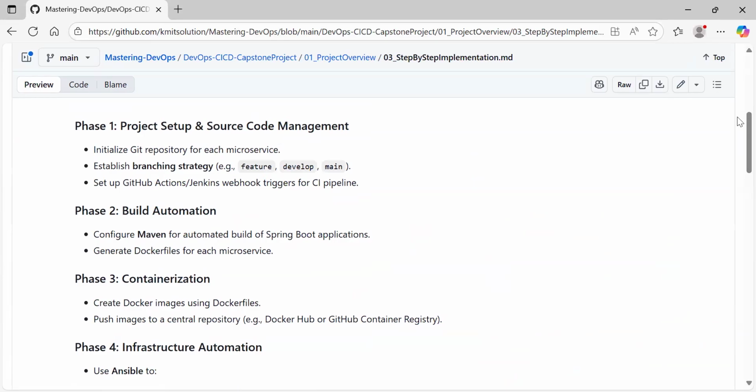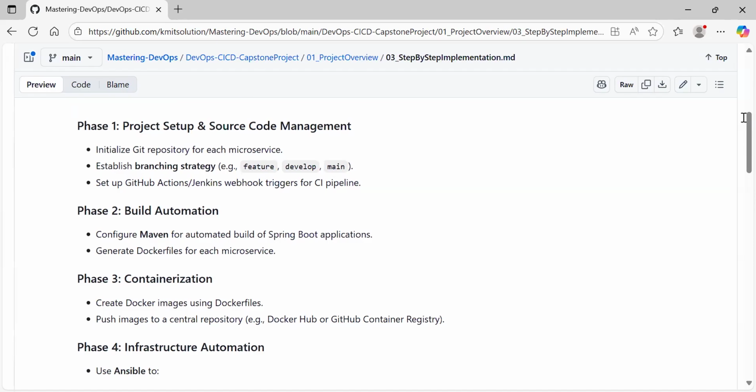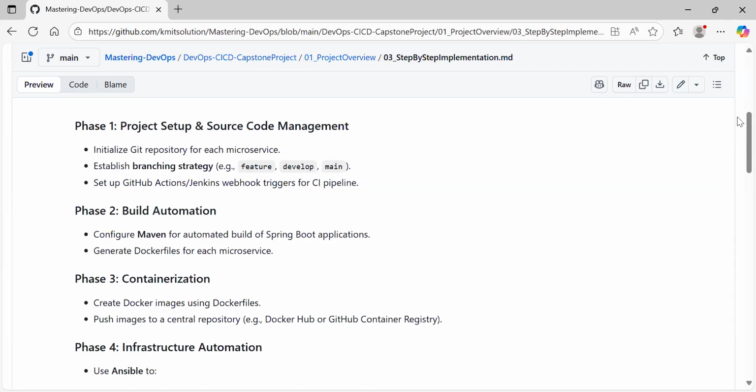I have mentioned GitHub Actions here, but in this project, I will be using Jenkins. And we will configure the webhook trigger for our CI pipeline. For the build automation tool, I will use Maven. We will create the Dockerfile for our microservices for containerization. We will push the images to our central repository. In our case, we will be using Docker Hub as our